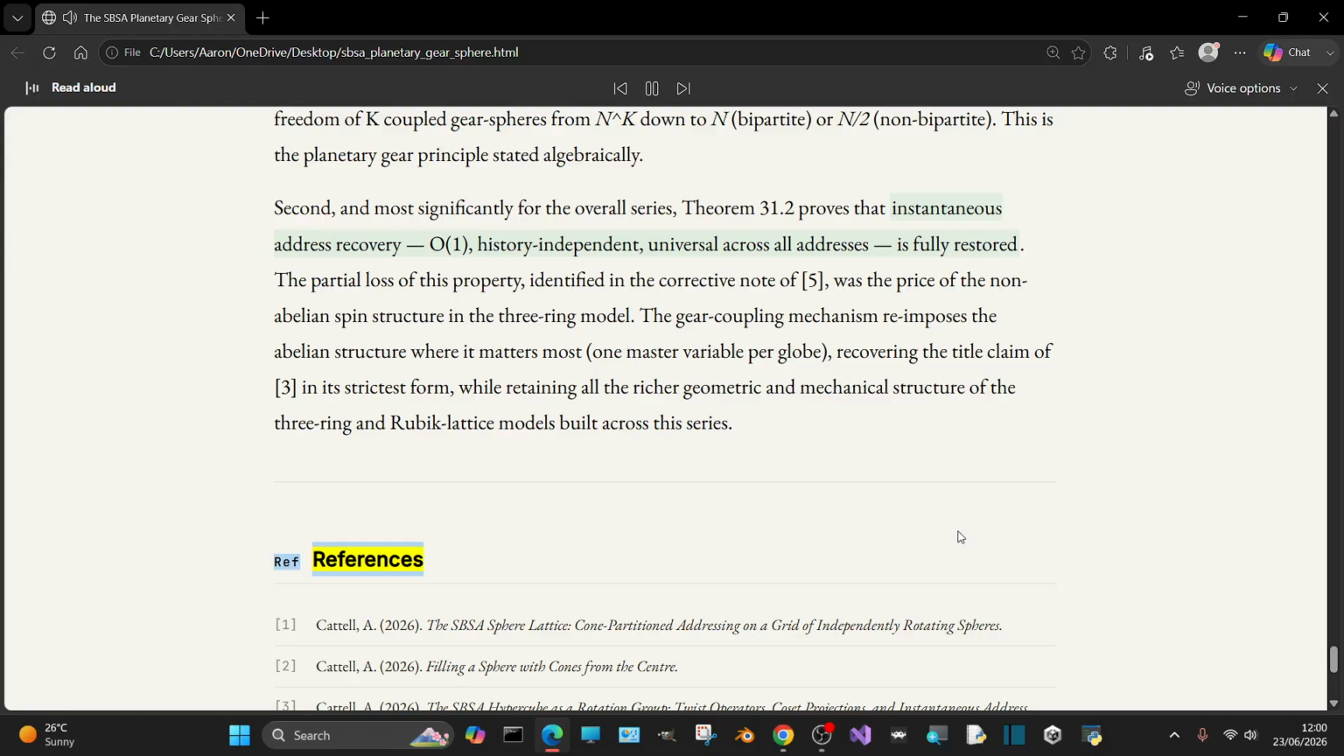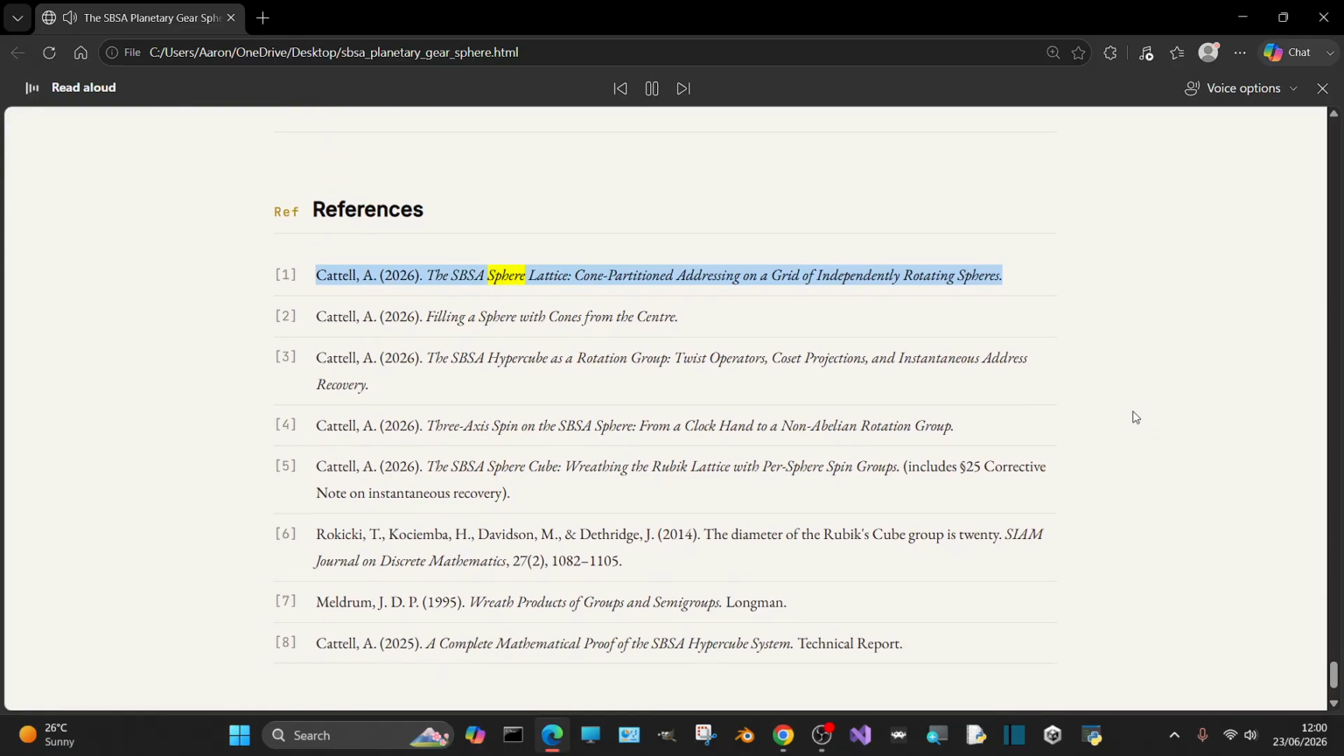References. Cattell, A. 2026. The SBSA sphere lattice, cone partitioned addressing on a grid of independent